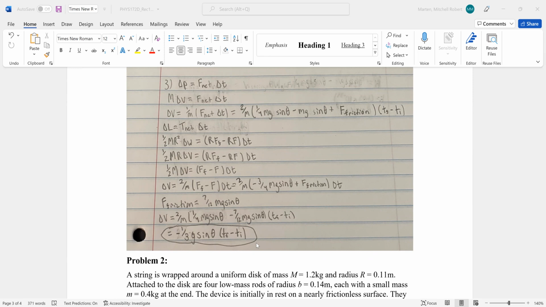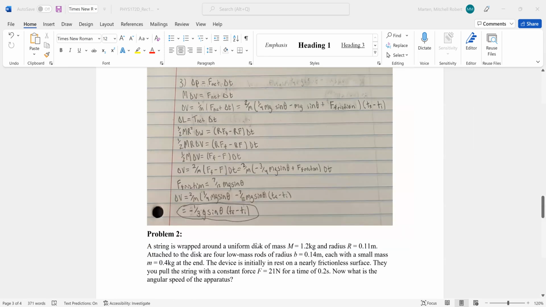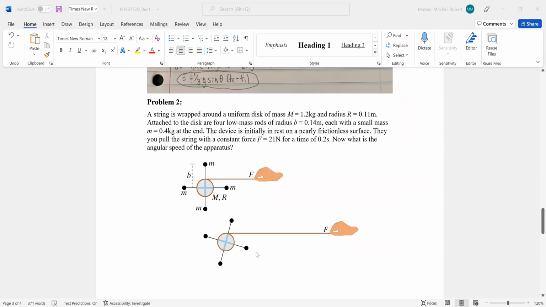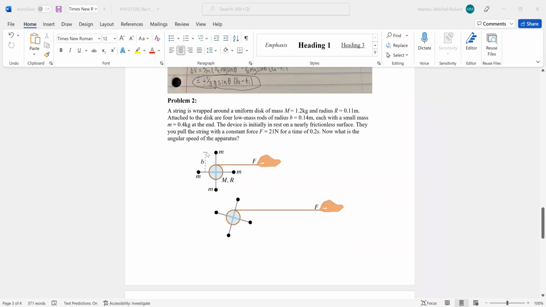And then problem 2 was really easy, honestly, compared to 1. Pretty sure we had a problem like this in our homework. It's just this apparatus with the 4 point masses attached to it. We've seen this thing a million times this year. Nobody's new to this. And so basically it just defines all the masses and the length of everything. Then it tells us that we apply a force of 21 newtons for 0.2 seconds